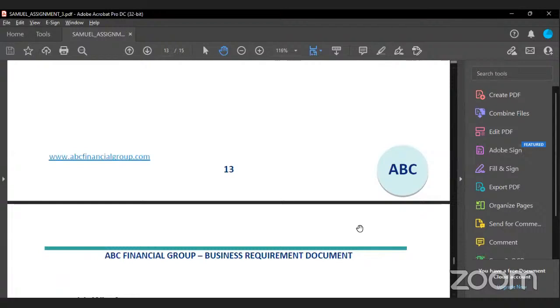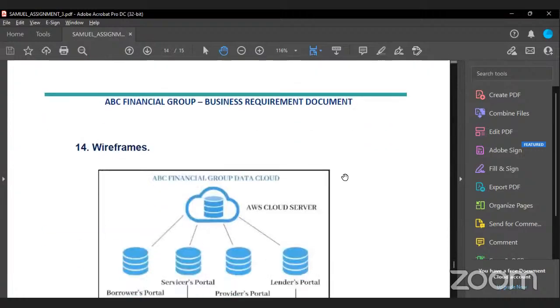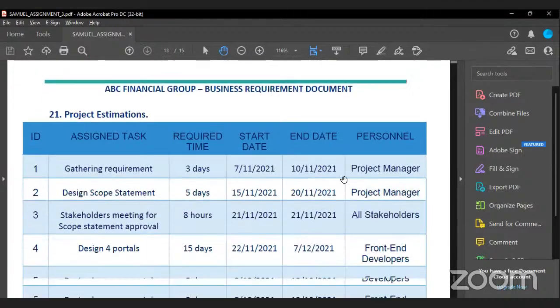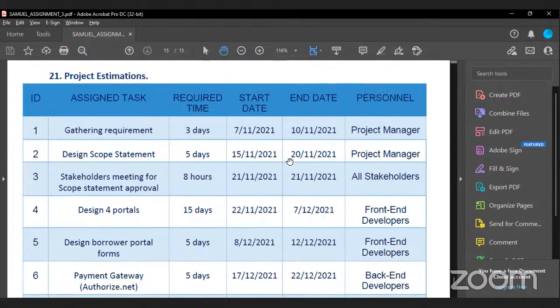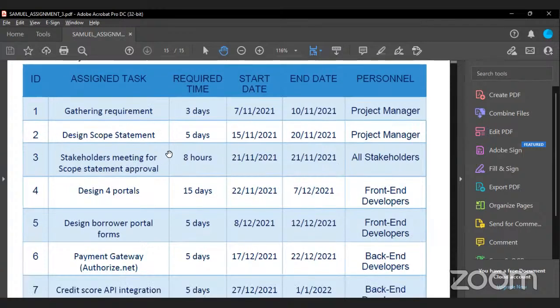Even though I have stated the goals and the functions, he needs to know the duration of each task. This is why I added the project estimation, to let him know that these tasks will take this amount of days and would be handled by this personnel.